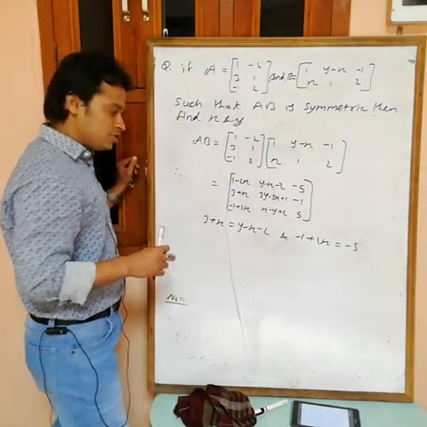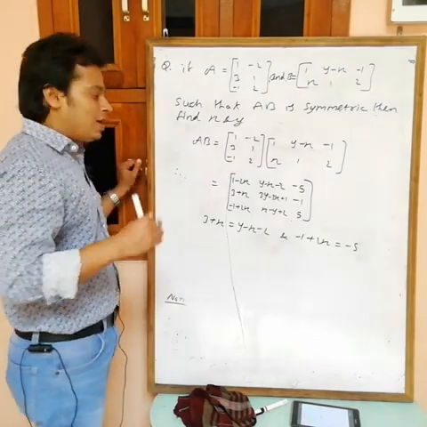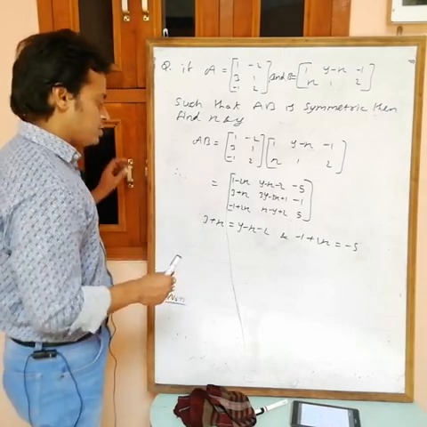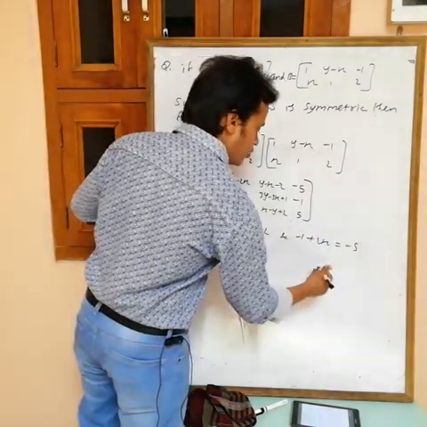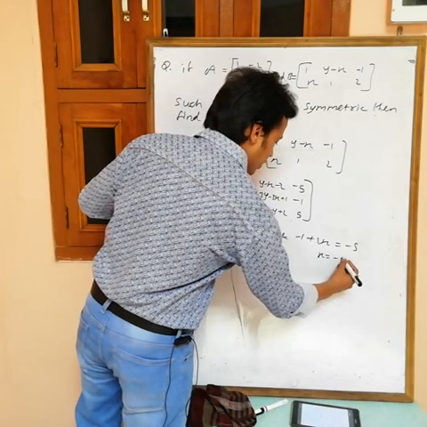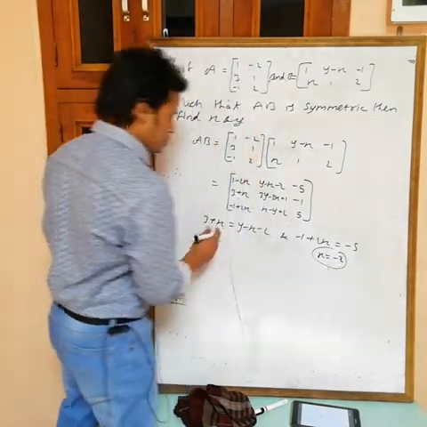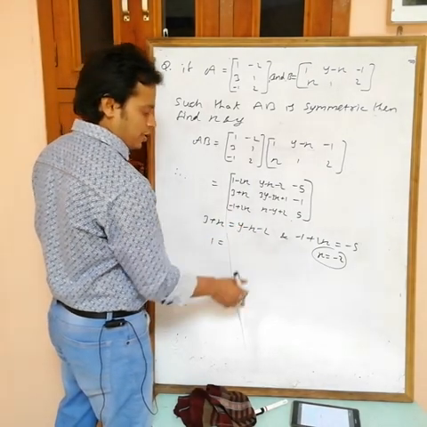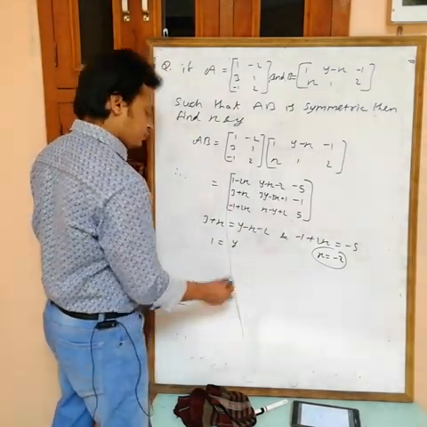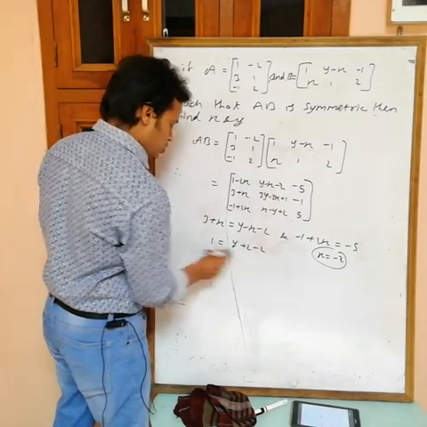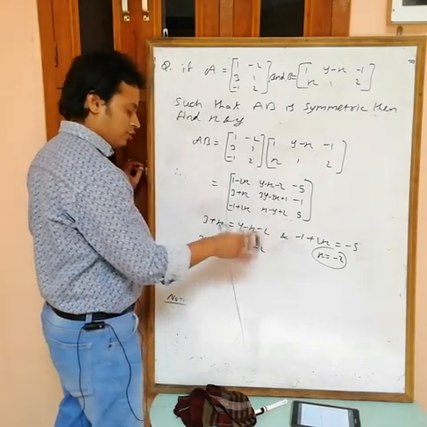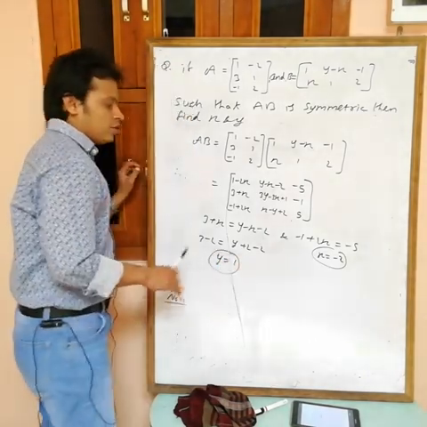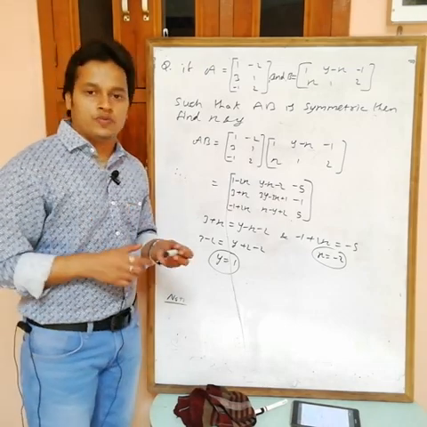The ijth element equals the jith element. Or also you can use that AB transpose equals AB. It means this equals this one transpose, then again you will get the same value. From this one we are getting 2x equals minus 4, x equals minus 2. Put x equals minus 2 in this one, then here we are getting 1, minus 2 plus 2. Plus 2 minus 2 cancel out, we are getting y. I am writing first 2 minus 2 and here 3 minus 2. If you put x equals minus 2, then we are getting y equals 1 from this one. So x equals minus 2 and y equals 1. Okay, write down.